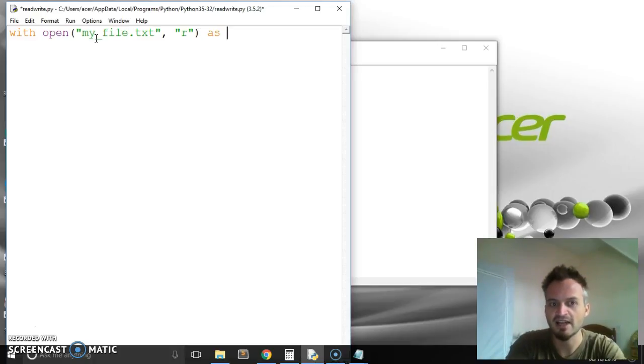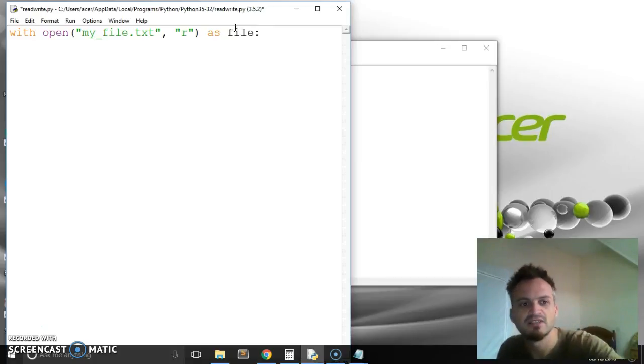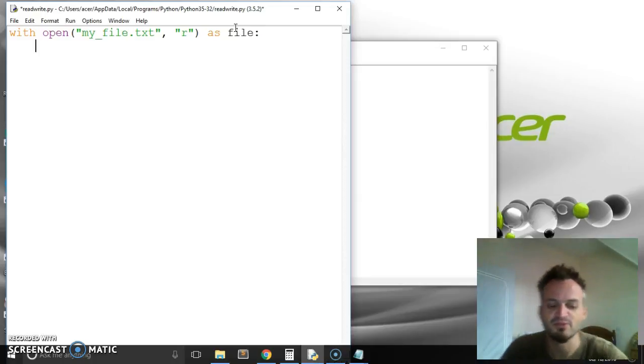And we're going to say as, so what do we want it to be called inside of the program? Again, you can call it anything, give it something meaningful. I only have one file, so I'm going to call it file, but if you had multiple files, do not just call it file or file1, file2. Give it a meaningful name so that other people can read your program, unless there's a reason you don't want them to read your program. Okay, anyway, sorry, so with my_file.txt read as file,